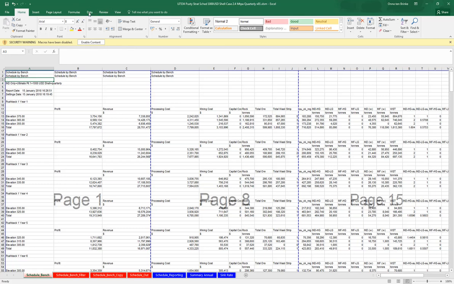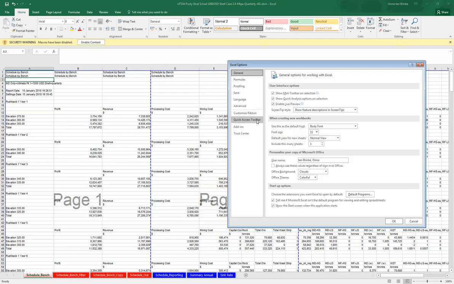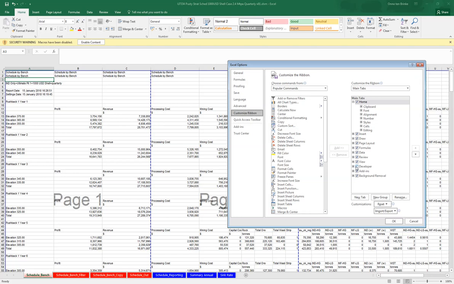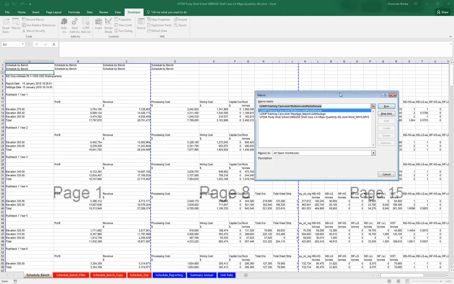So then you need a developer ribbon open. So under options, customize ribbon, you've got this thing called developer. If you click that on, then you get developer, you can access the macros. Under the macros stored in here,